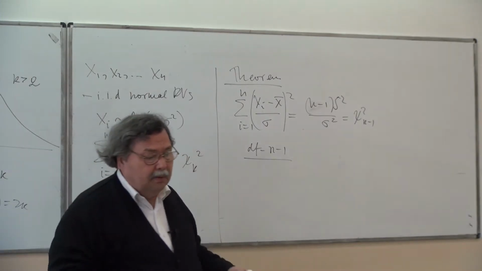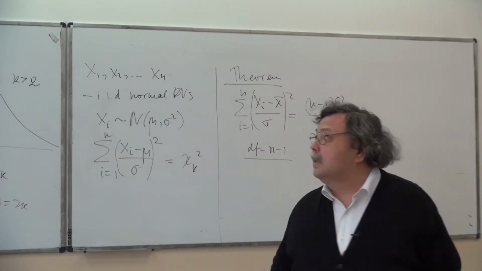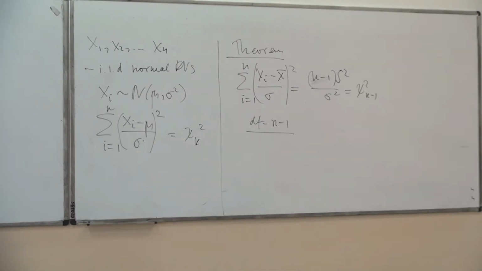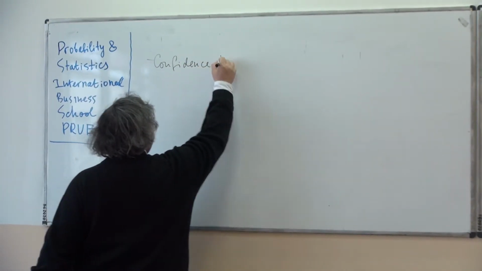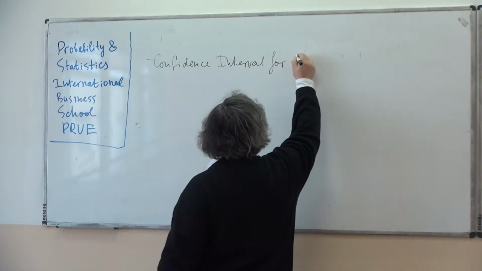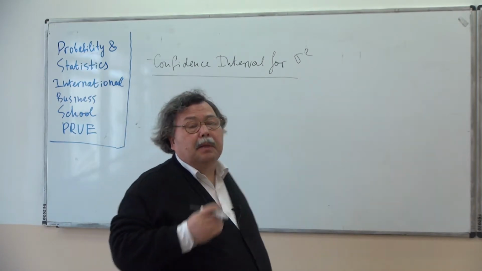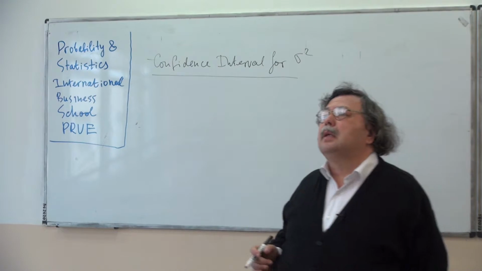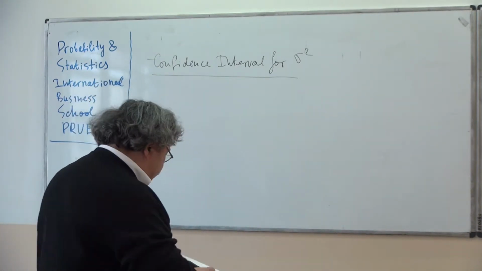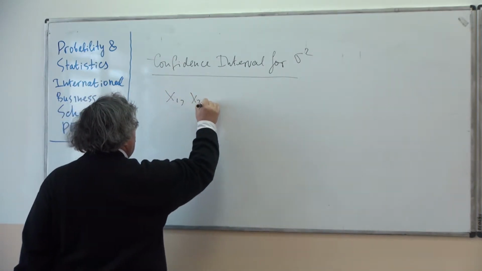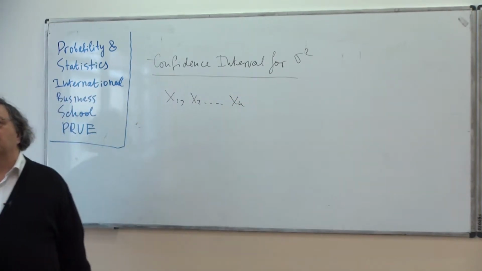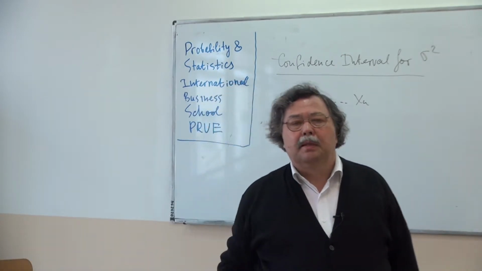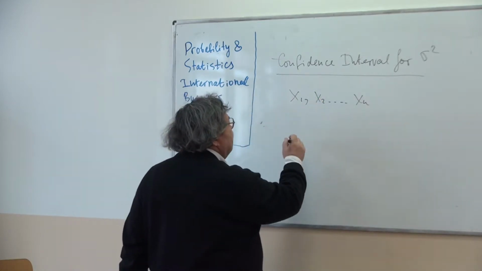All right, how do we use this remarkable formula? Actually, it's used in a great number of different ways, and one of them is constructing a confidence interval for sigma. Well, if sigma, the standard deviation of the population variable, is not known, then sigma or sigma squared, which is the variance, can be estimated on the sample data. And again, let's write it again. We assume that x1, x2, xn come from a random sample and thus can be treated as independent and identically distributed random variables. And if sigma is unknown, then